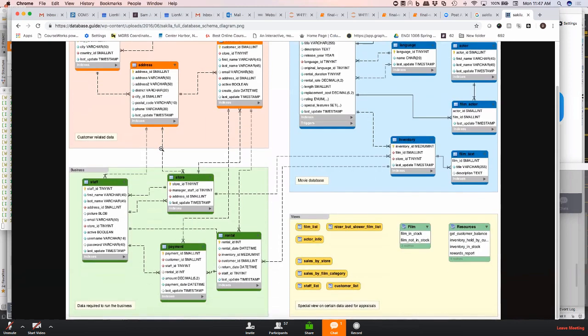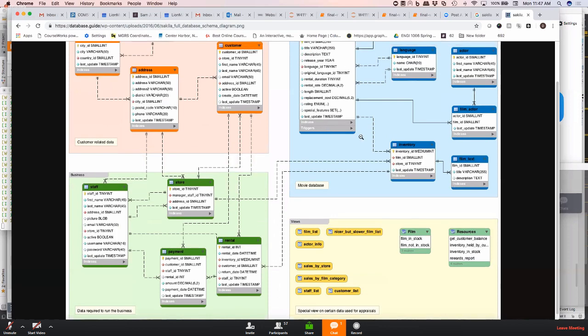This section is information about stores. A store may have a rental event. Somebody rented something at the store. And somebody may later pay for that. And a store has a staff. And then stores have a location. So the store also has an address. And then if you look over here,